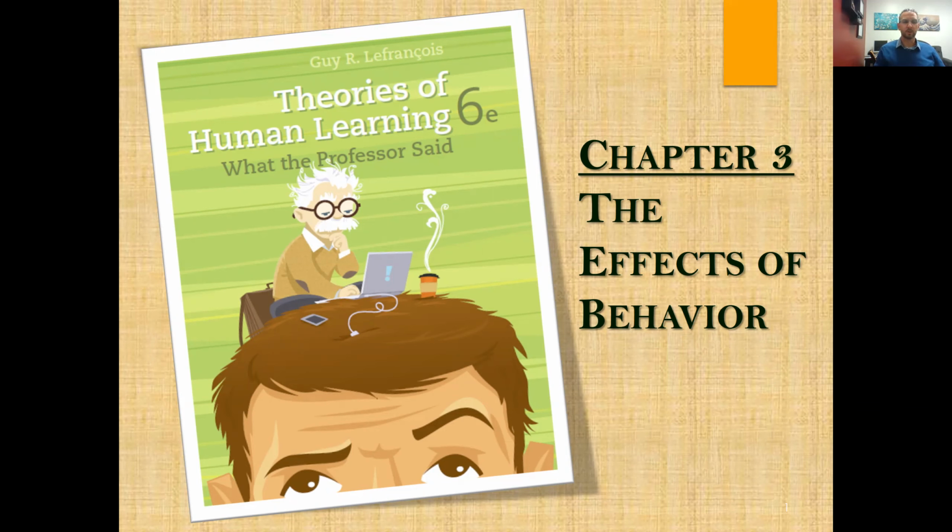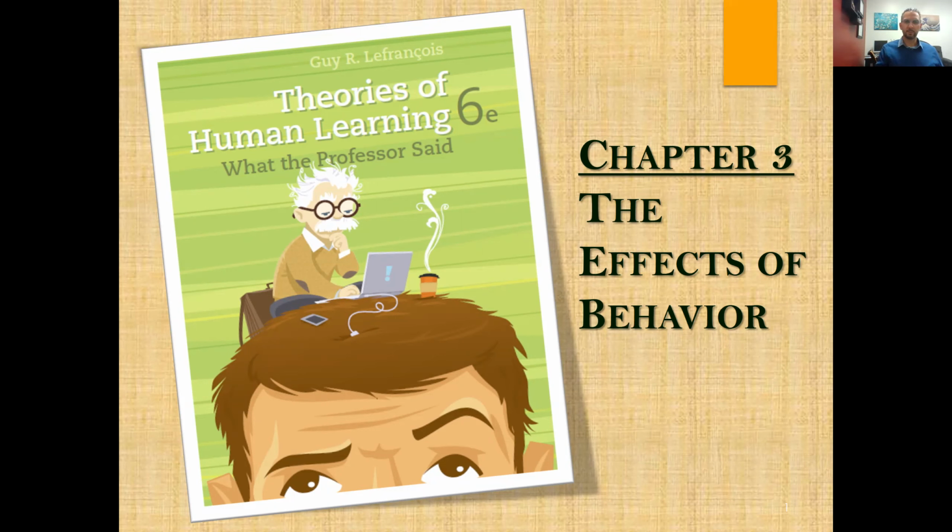In chapter 2 we talked about classical conditioning, and the idea of classical conditioning is our behavior is the result of our environment. It's the result of the stimuli that occurred before our behavior. So the thought is, okay, we have some kind of context, a stimuli, and that leads us to behave in certain ways. So it's like a reflex.